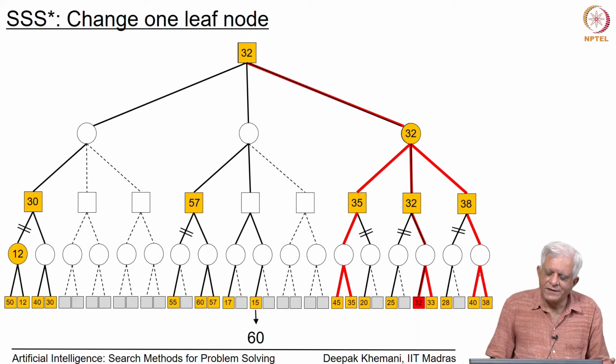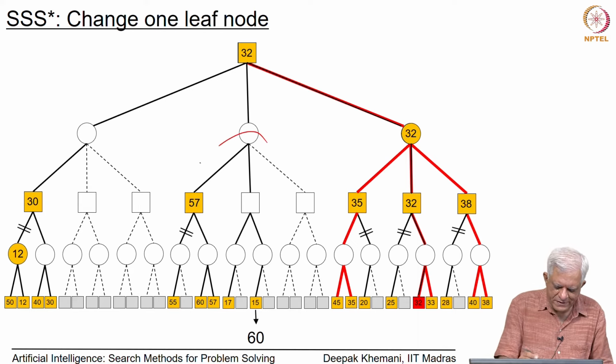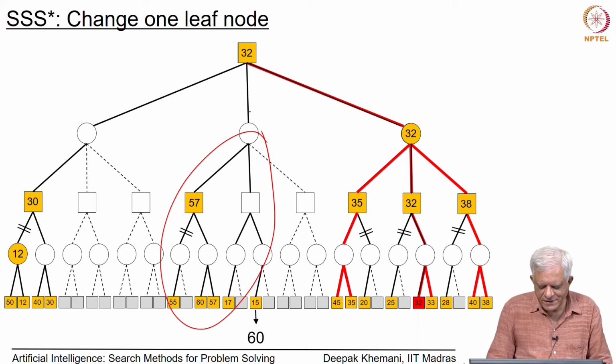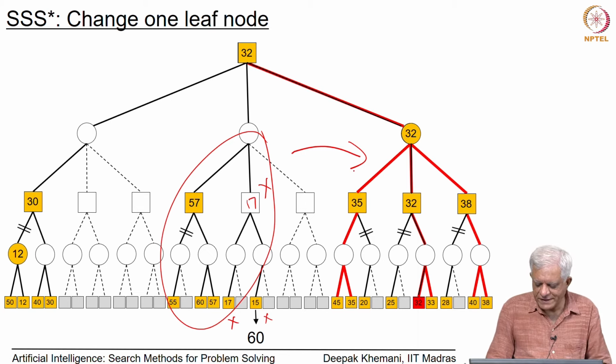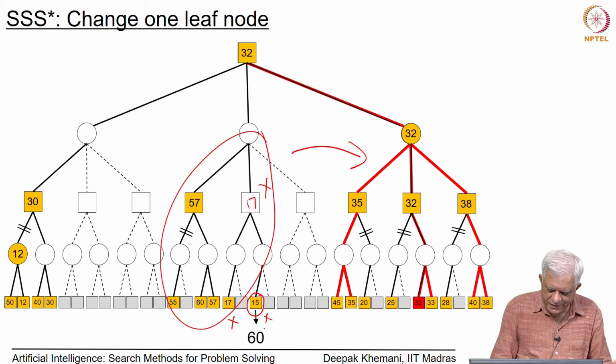Let us just see how changing one value in the tree that we examined changes the way SSS star performed. Now, you will see that SSS star had initially focused on the middle subtree, but at some point because it ran into this cluster which is a value 15, this whole thing reduced to a value of 17 here and then it lost interest and these two clusters kind of languished away at the back of the priority queue, and it shifted its attention to the right side of the tree eventually after exploring a little bit more on the left and then found a solution on the right side of the tree. So, let us see that if we change this value of 15 to a value of 60,